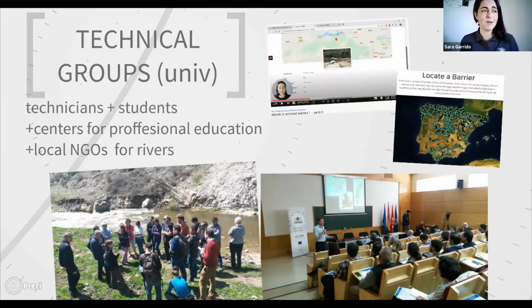This case here is one of the courses that we did with the University of Burgos. In the first place, we were going to just go to the field, a 20 people group, like a family, and go there with the different projects. The university coordinated a course, and we were like 4 or 5 projects with citizen science tools for rivers, just focused on rivers. And this course was such a great success, and